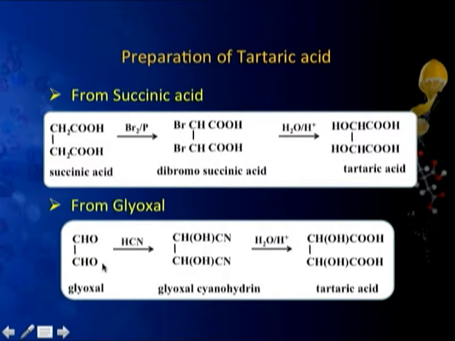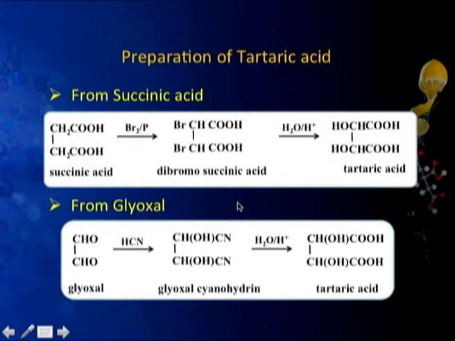Glyoxal, CHO-CHO, can be converted into tartaric acid by the addition of HCN. First we get the cyanohydrin and then this cyanohydrin is hydrolyzed. This cyano group is hydrolyzed into carboxyl group. We get tartaric acid. Both these compounds, succinic acid as well as glyoxal, can be obtained from acetylene, and acetylene